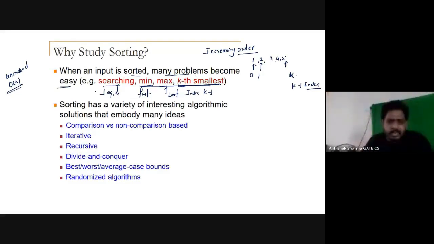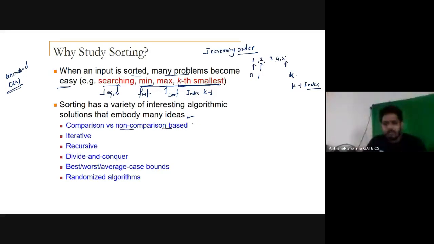Sorting has a variety of interesting algorithmic solutions that embody many ideas. We have comparison versus non-comparison based sorting.